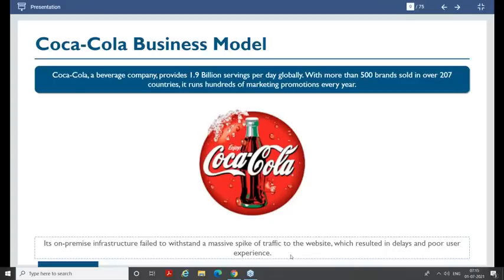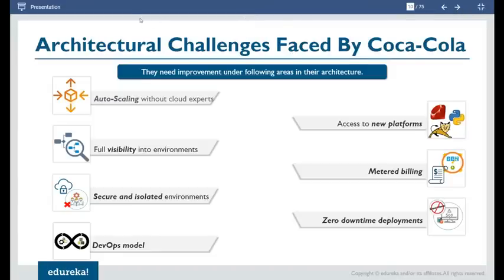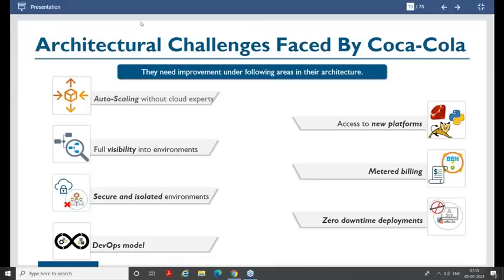So its on-premise infrastructure failed to withstand the massive spike of traffic to the website, which resulted in delay and poor user experience. To overcome these challenges, Coca-Cola decided to move towards cloud. Now, why did it decide to move towards cloud?